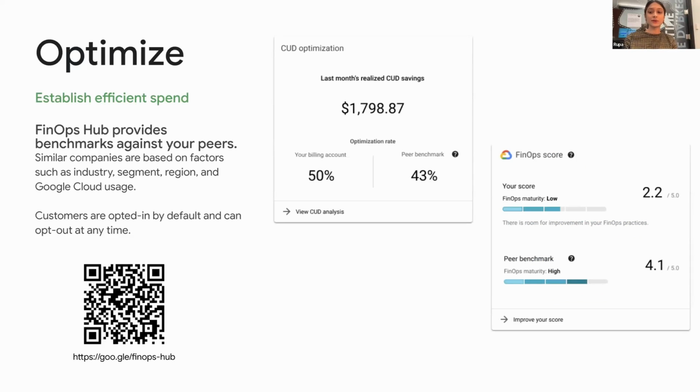Customers pretty frequently ask us, how are we doing relative to our industry peers? And that's why we developed peer benchmarks for both the FinOps Hub score and the committed use discount optimization rate calculations. Your peer benchmark score is based on multiple